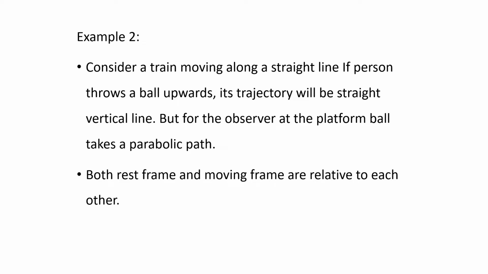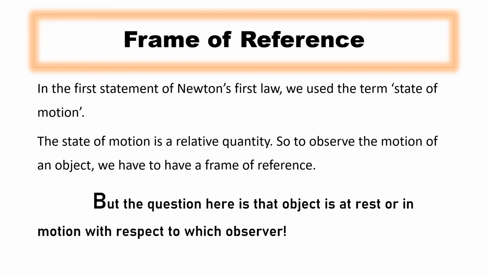We have discussed that rest and motion are relative to each other. So it means that if one frame is at rest, the other can be at rest or moving, or both the frames can be in motion, or both can be at rest. It depends upon the reference or the relativity of both frames to observe the different kinds of motions of the same object. As I have told you before, in the first statement of Newton's first law, the term state